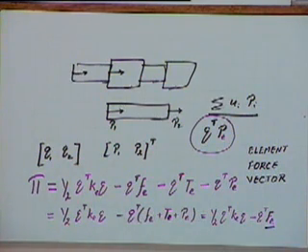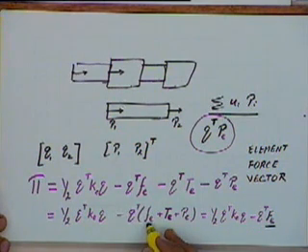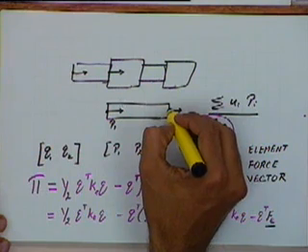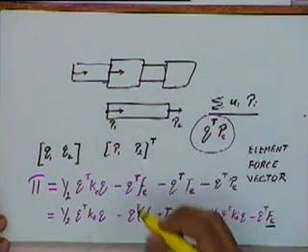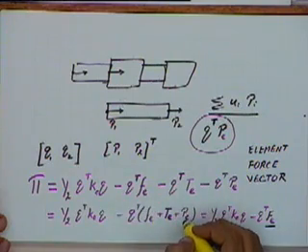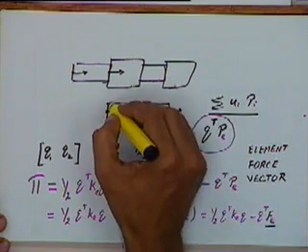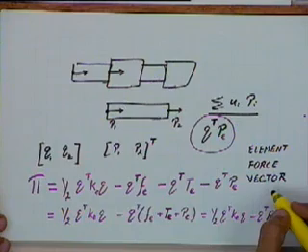Okay. Now this element force vector is found by taking the total body forces acting on the element, dividing it equally into two parts, one part at the first node, the second part at the second node. Taking the total tractive forces, dividing them into two parts, one part at the first node, the other part at the second node, and taking all the point loads for the first node and for the second node, summing up all the forces on the first node, summing up all the forces on the second node, and making a vector out of that, or a matrix out of that. Okay, this is how we get the element force vector.